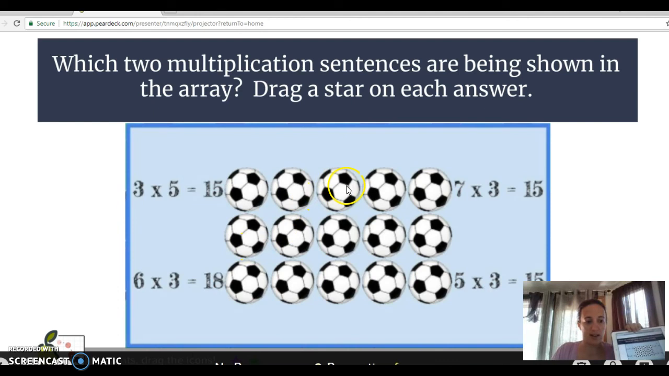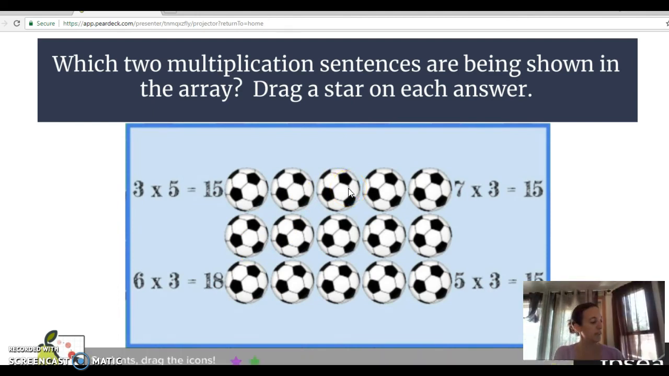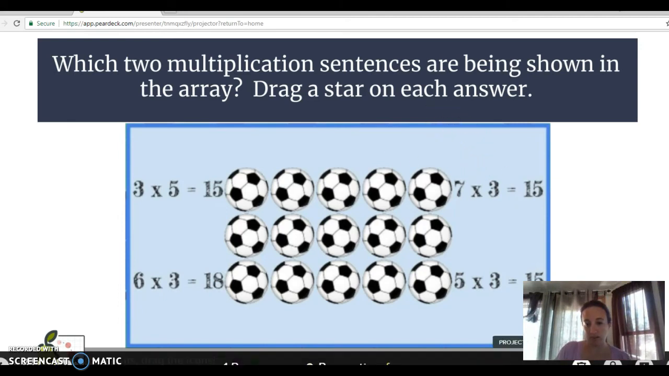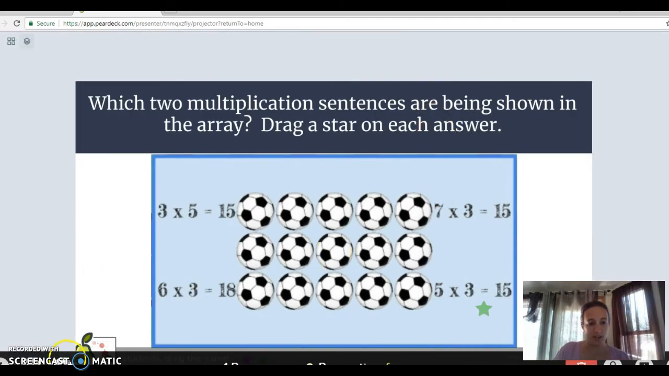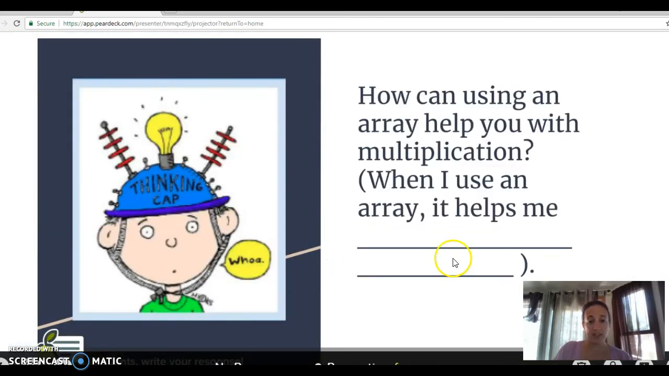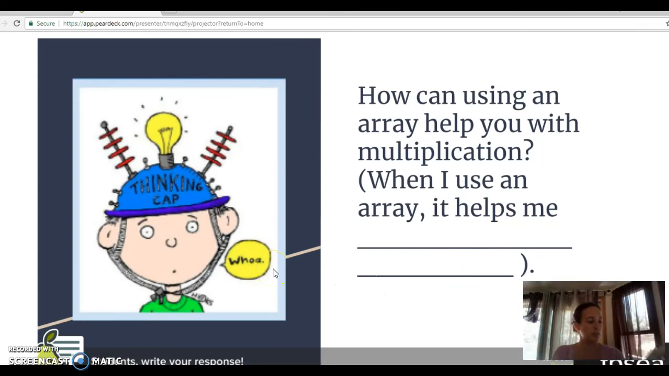Now this allows me to drag a star over where I want it. And then again, I can see their responses. I can see I put the star there, and you can continue through. And this is even a short answer. It gives me room to type right here. So I can type